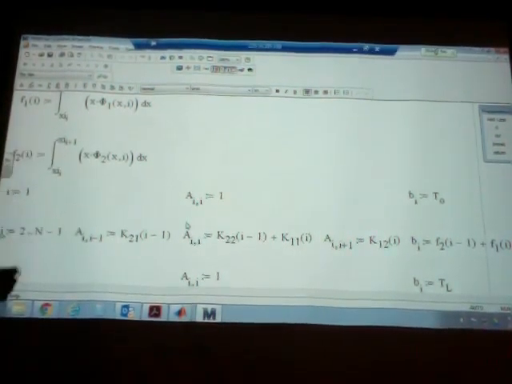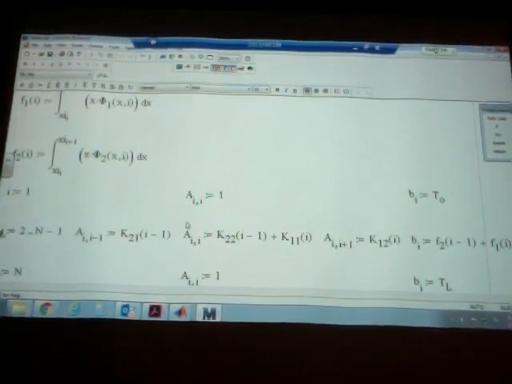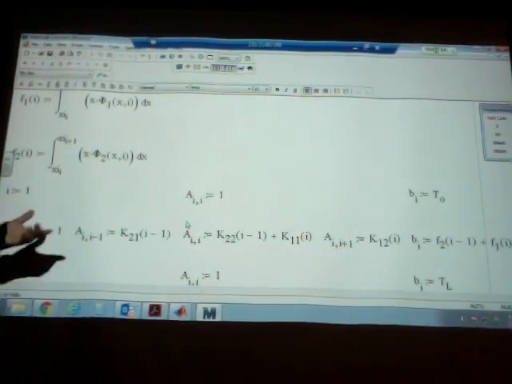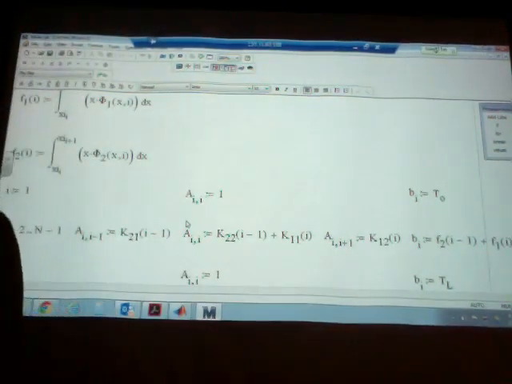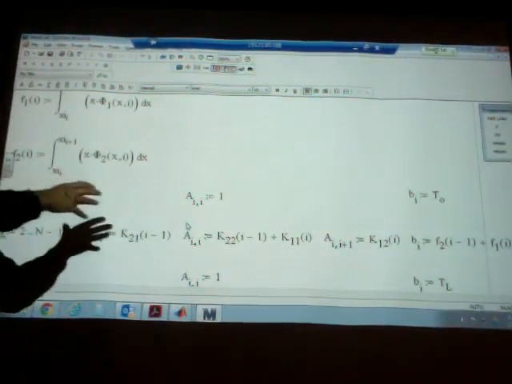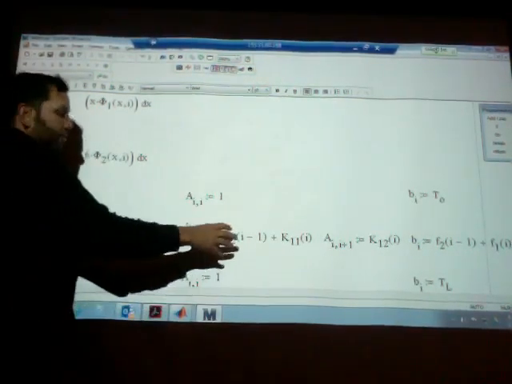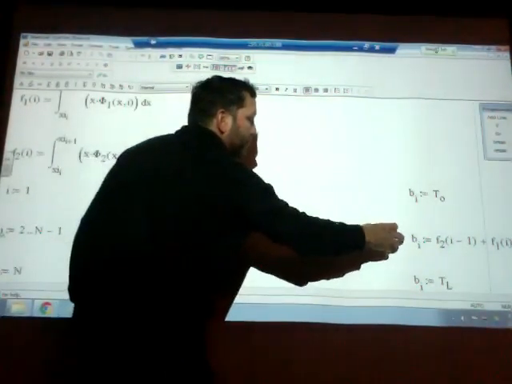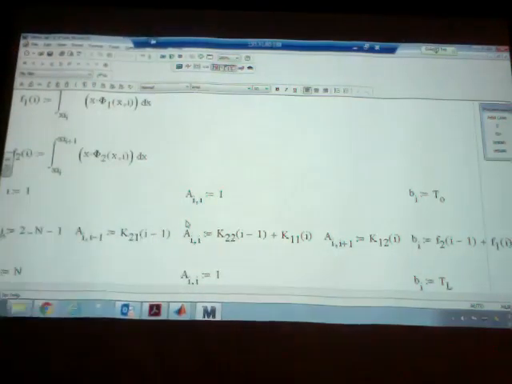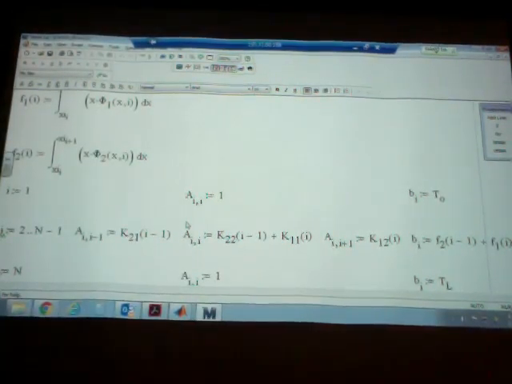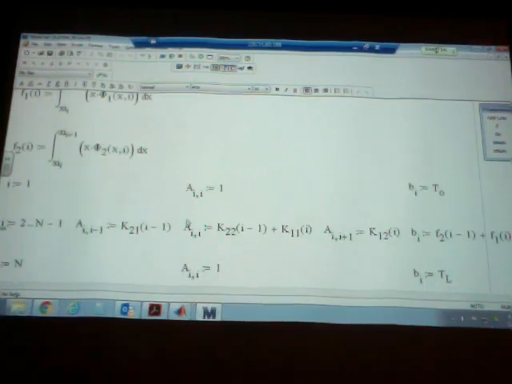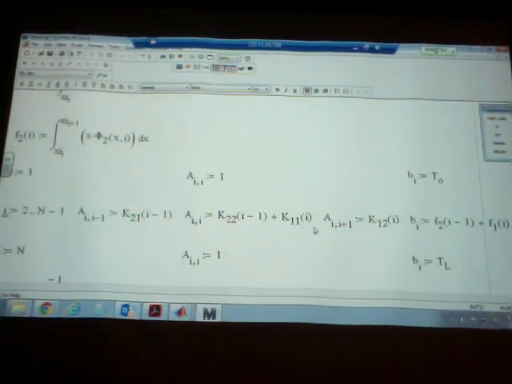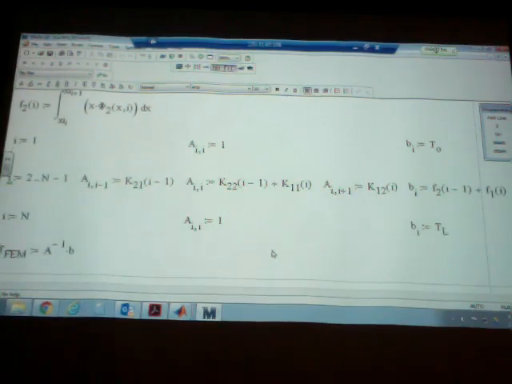All the other elements from row 2 to row n-1 are exactly the same thing as we wrote on the paper. Okay? This is what multiplies Ti minus 1, this is what multiplies Ti, and this is what multiplies Ti plus 1. And on the right hand side we have the forcing term. So these three lines are identical from finite differencing, finite volumes, just that the coefficients are different. And at the end we end up with the same